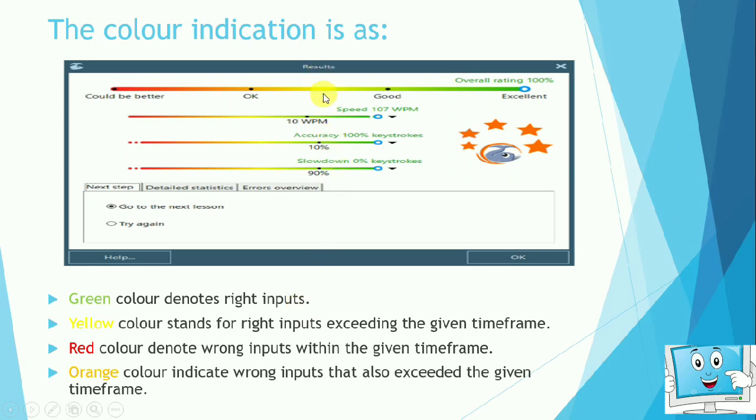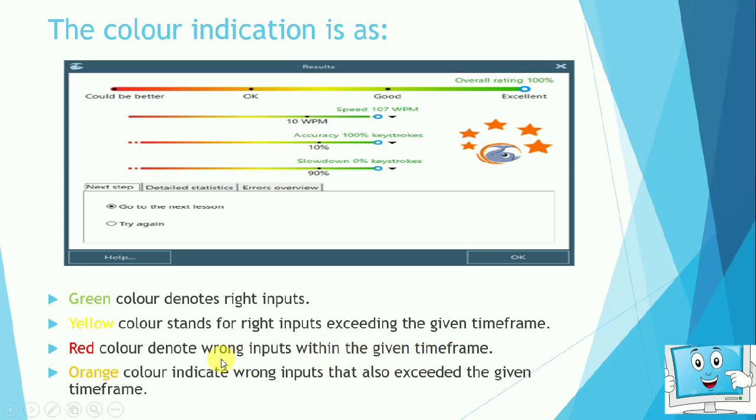Yellow color denotes that whatever you have typed is right but you have exceeded the given time. When we type the data rightly but the time which was given to it has been exceeded, then it shows the result in the yellow color. Red color denotes the wrong inputs within the given time frame.